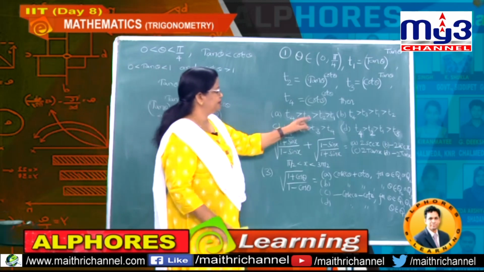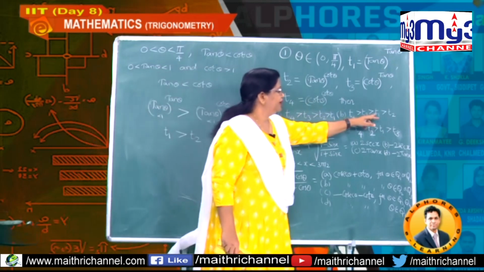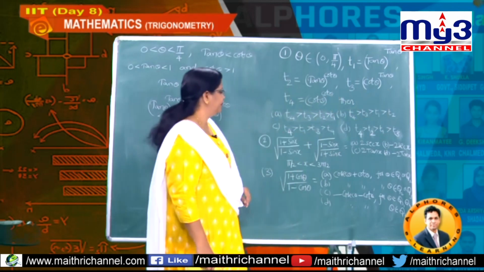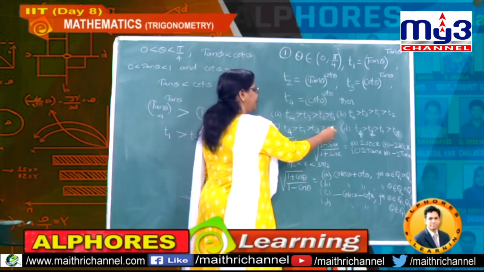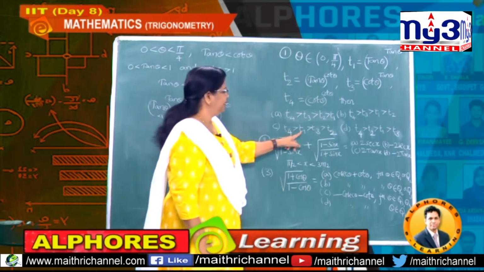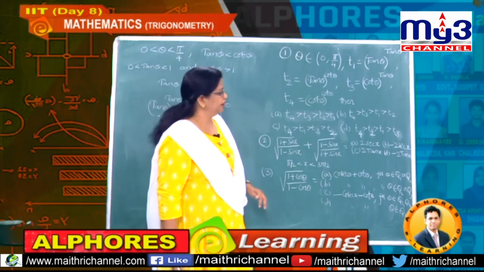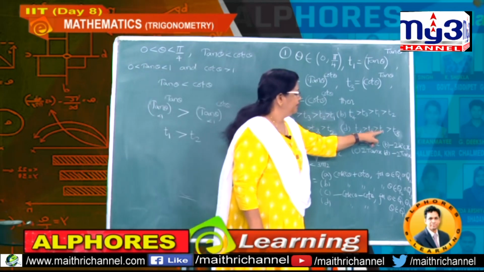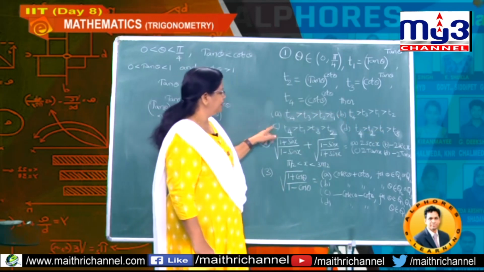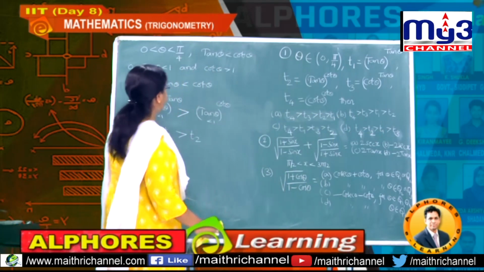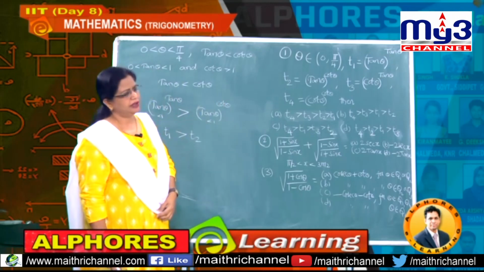Observe those values. Here you got T2 greater than T1, wrong, and here you got T1 greater than T2, right, and here you got this is T1, and if I take here T2, now you got T1 is greater than T2, that is this one also right, and next here you got T2 greater than T1, wrong. So now how many are left over? B, C. Now let us check once again what is the relation between T2 and T3 also.